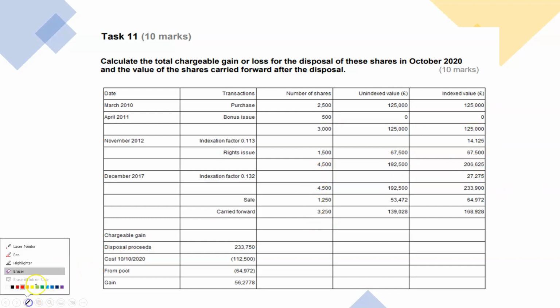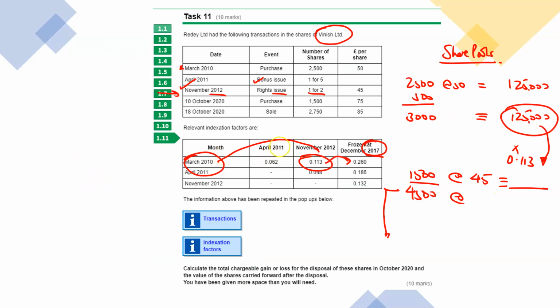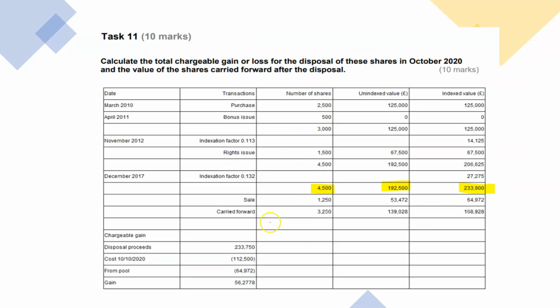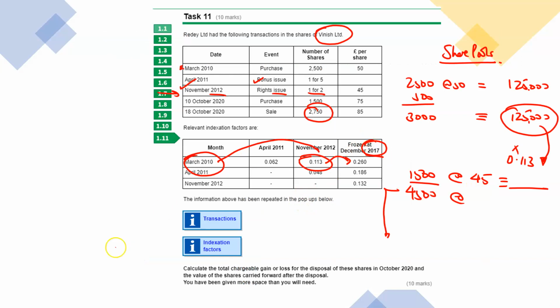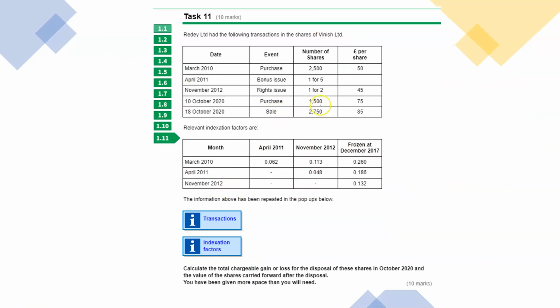1 second, let me just, we're trying to get to here. This is what we're trying to do. So now I have 4,500 shares, but the question says that you sell 2,750, right? The question says here that you sold 2,750. So if you look up here, if I just clean this up a bit, if you look up here